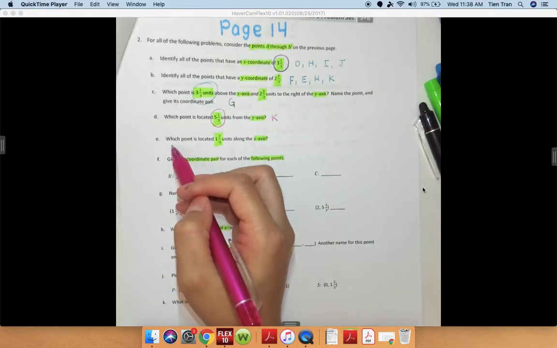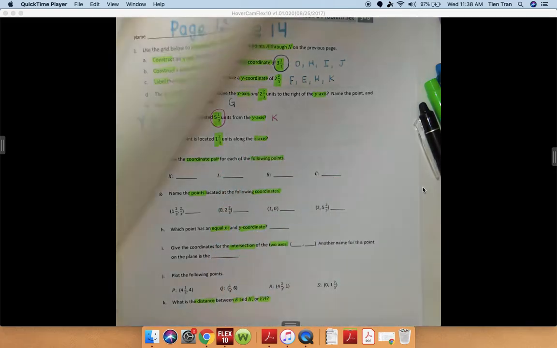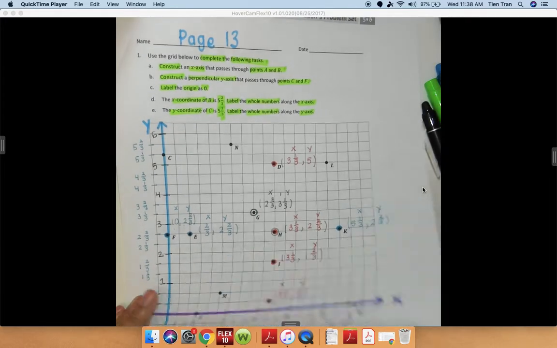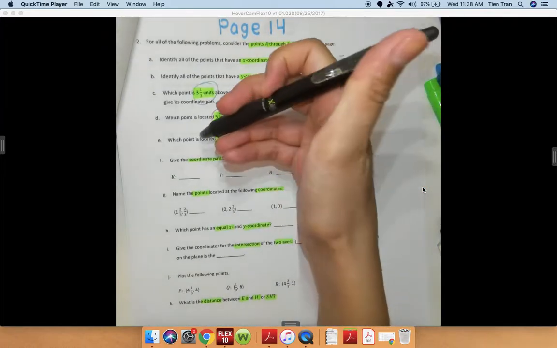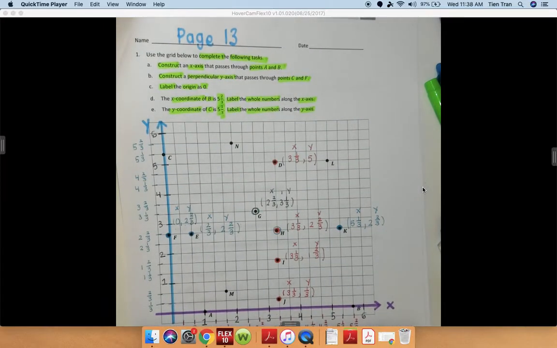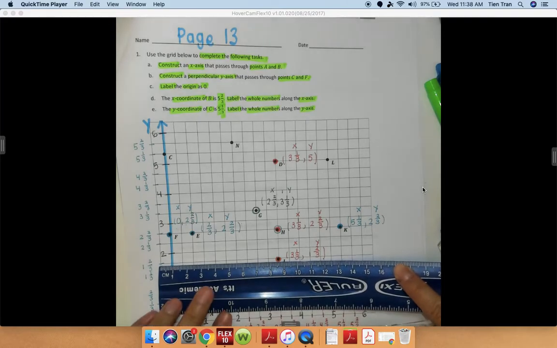Next, for problem E, which point is located 1 2/3 units along the x-axis? So now I'm going to move all the way to 1 2/3. Let me circle that so you guys can see that clearly. 1 2/3. So I'm going to move from the y-axis 1 2/3. And the only one we have right